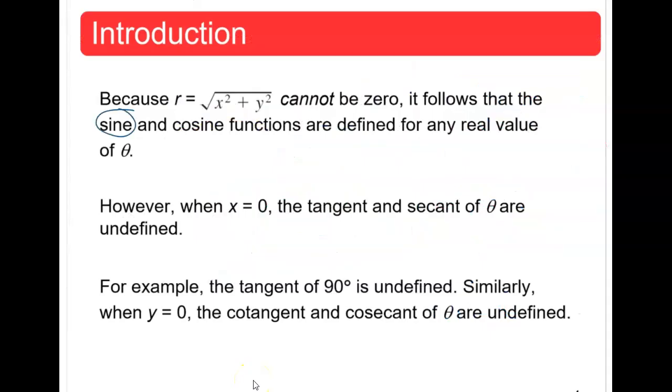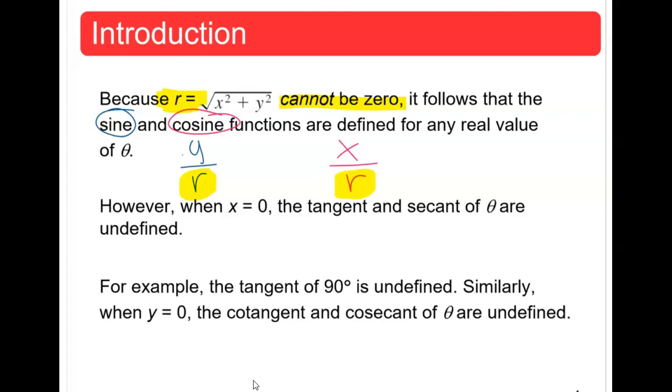Since the sine function is defined as y over r, and cosine is defined as x over r, it follows that because r is a radius, it cannot be 0. If you have a circle with a radius of 0, you're just talking about a point. Because r cannot equal 0 or any negative number, the sine and the cosine functions are defined for